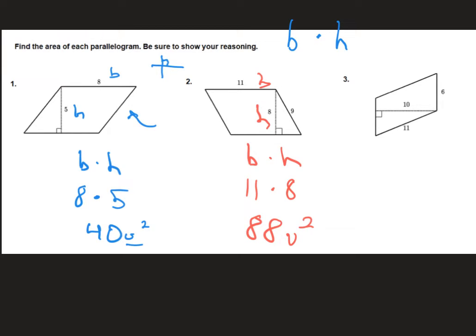Now for question number 3, I have 3 different labeled lines, and I need to decide what's going to be the best one for me to choose here. Now, if I choose 11 as my base, I cannot choose the side labeled as 6 as my height because it's not perpendicular. So we cannot use 11 here. So 6 is going to be our base, and 10, since it is perpendicular to the base, is going to be our height. So base times height, going to plug that into our formula, 6 times 10, which is 60